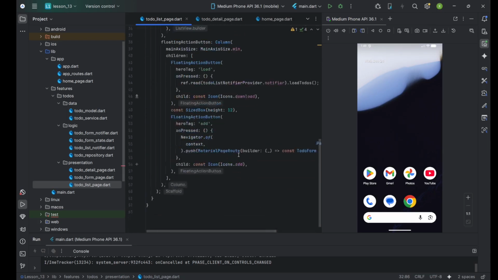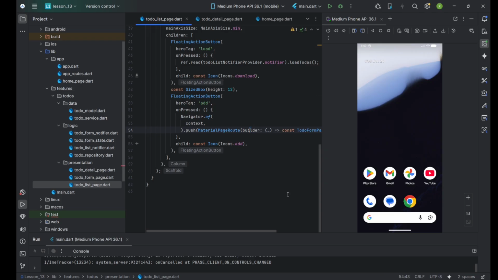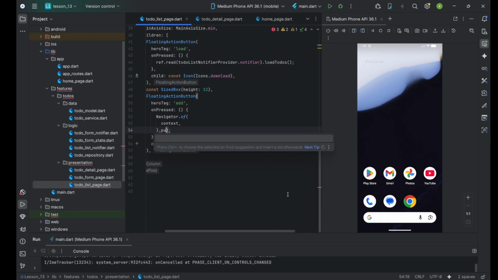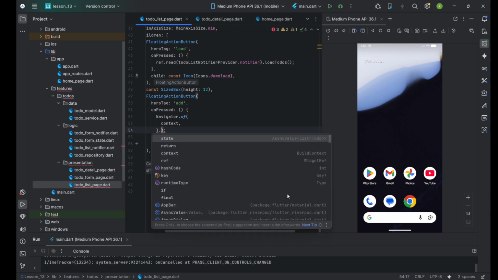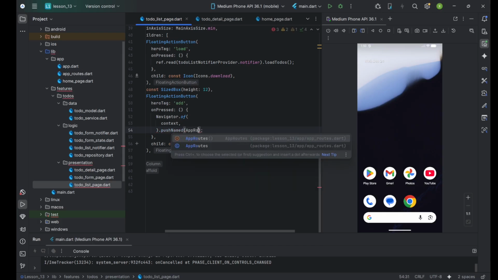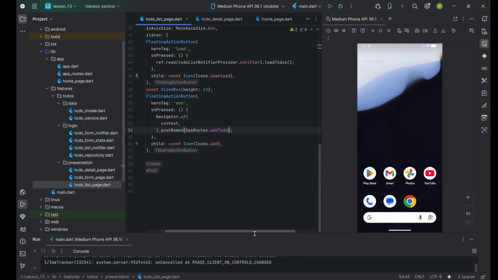And also we need to update this to addTodo. Okay,